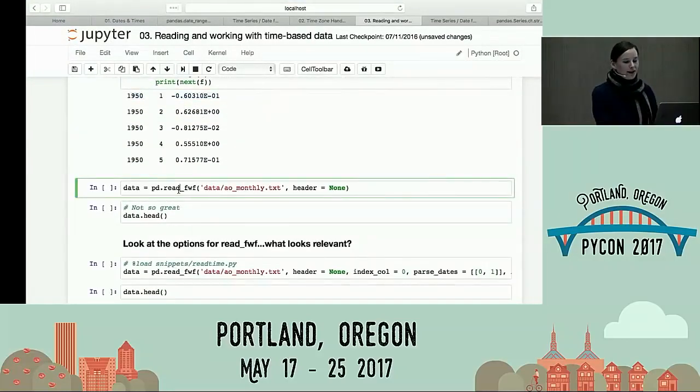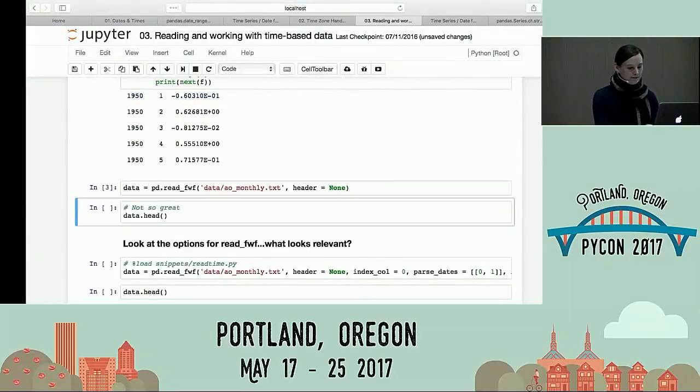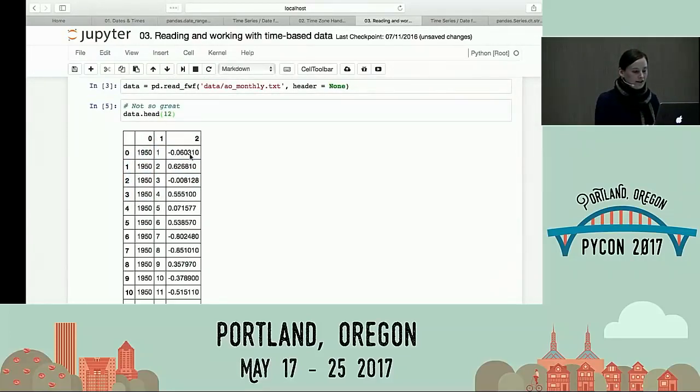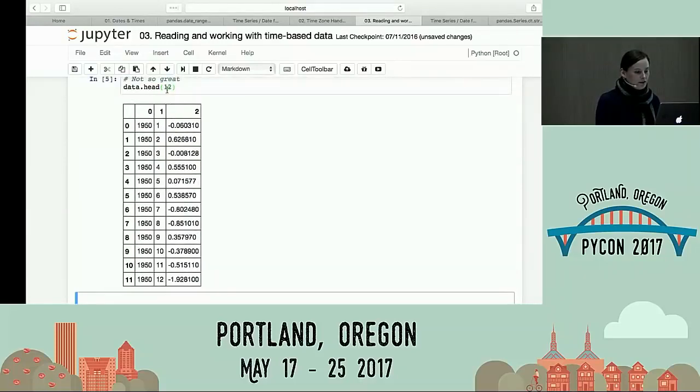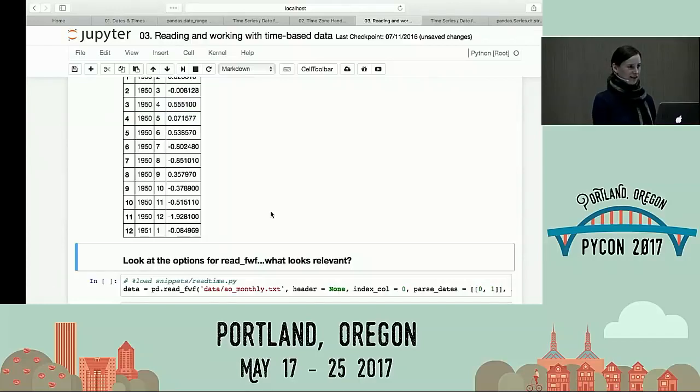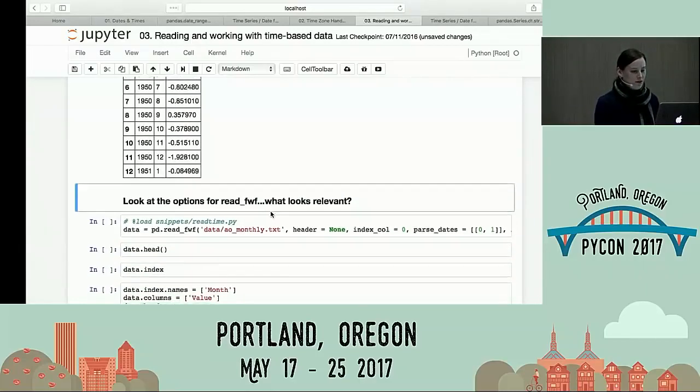So the naive way, I might just read it and get something like this. I don't even know my column names. And maybe if I'm lazy, I'll just do it this way originally. 1951, 2, et cetera. And especially if I look at least 12 of these or 13, I'll figure out that it's the monthly data. And then I'll say, you know, I should really do this a little smarter, have a better script, especially if I'm going to do this more.